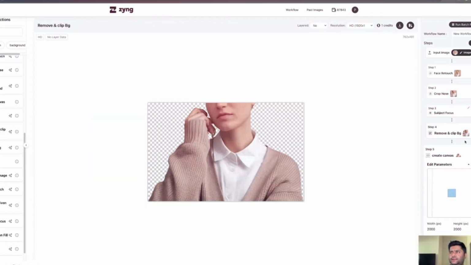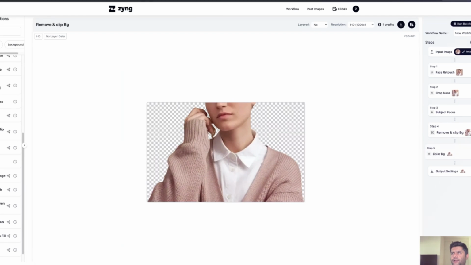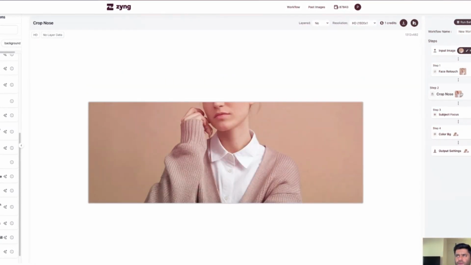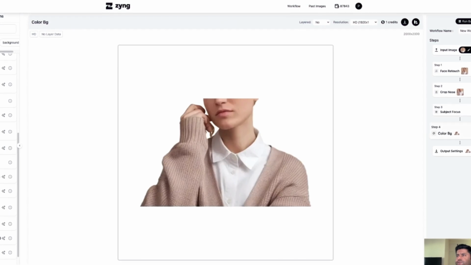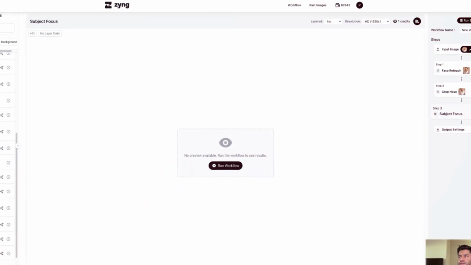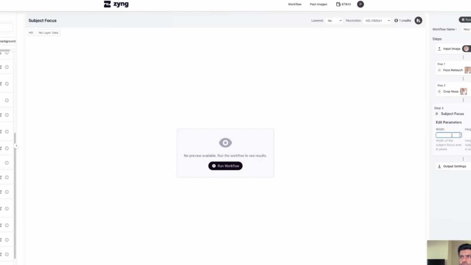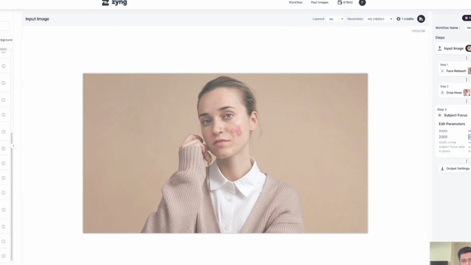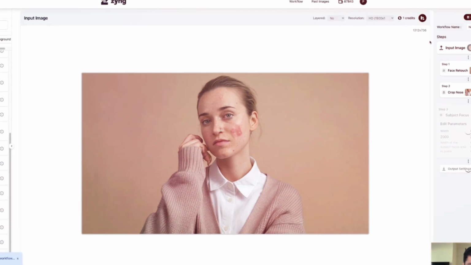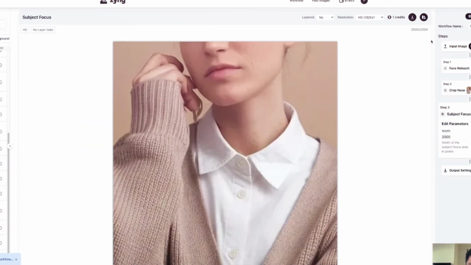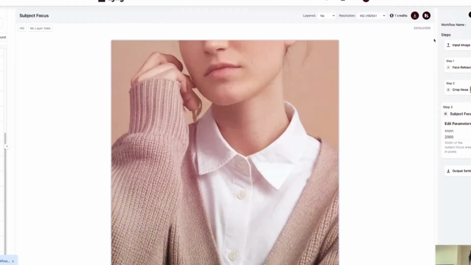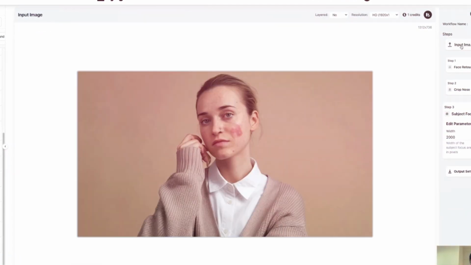Then let's put in our new guidelines. We're face retouching, we're cropping the nose, and we're using the subject focus function. So in the subject focus, we can put in our new guidelines of 2000 by 2000. So this is one step added where we're cropping the nose and further focusing on the subject itself. So here I can again run